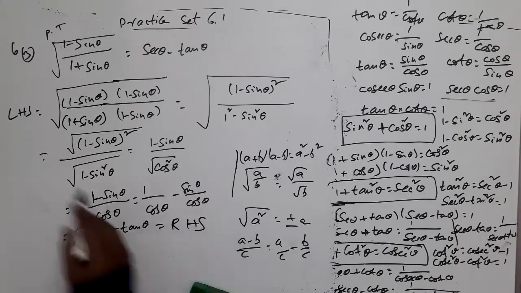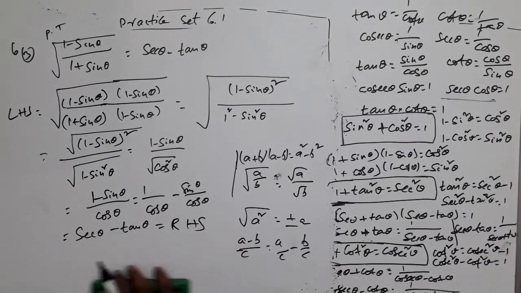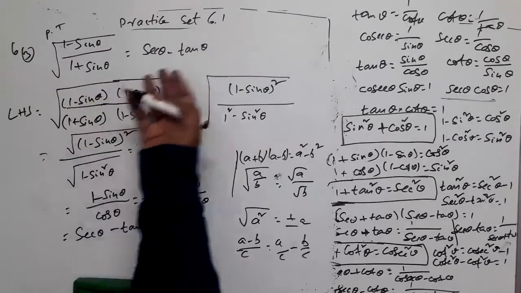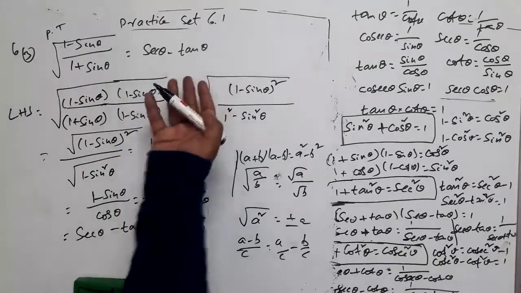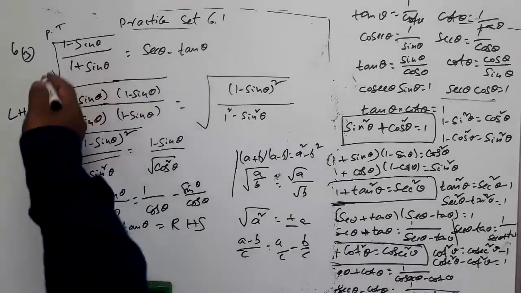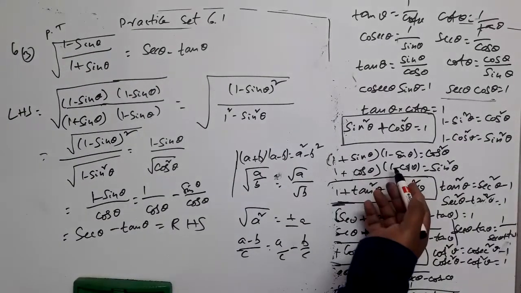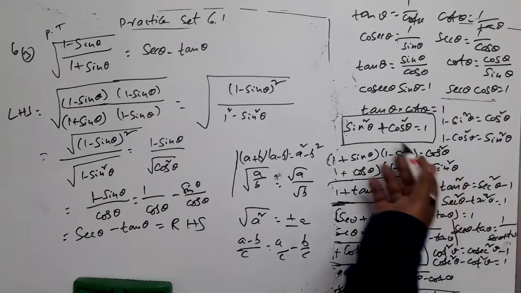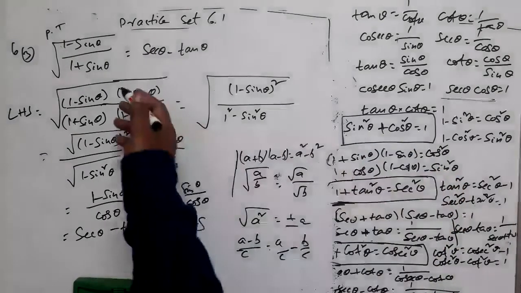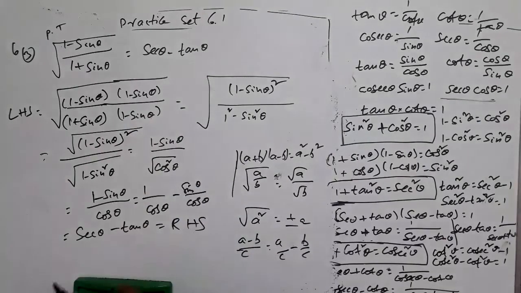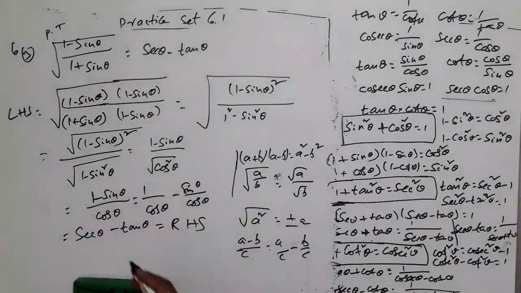So you started at the left hand side part and you have got the right hand side part. What have you observed in this question? You have observed that the left hand side part contains 1 plus sin theta, 1 minus sin theta and a square root. The right hand side part doesn't contain the denominator, and the square root also is not there. So you have got the idea that because 1 plus sin theta is involved, if I can have 1 plus sin theta and 1 minus sin theta, I can replace that by cos square theta from the first identity. So for that I have multiplied and divided by the term 1 minus sin theta. That is crucial here, right? And simplified further, I have got this right hand side part.